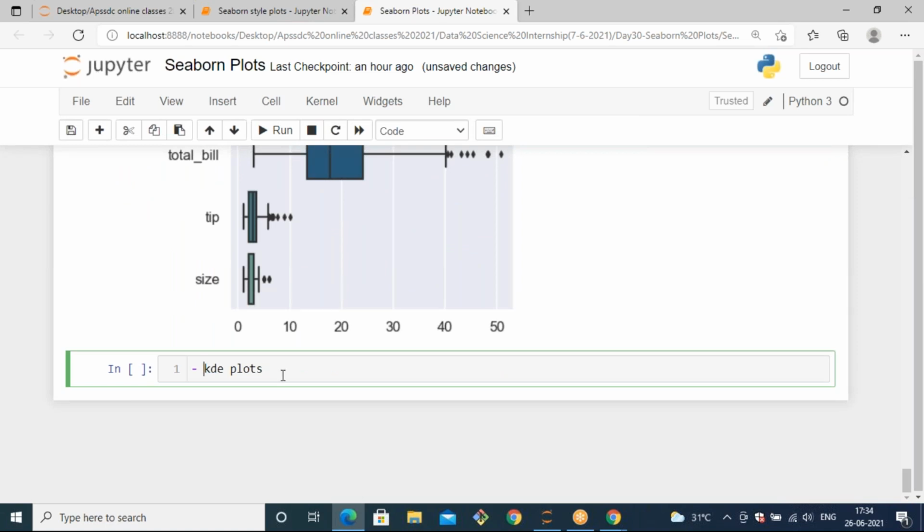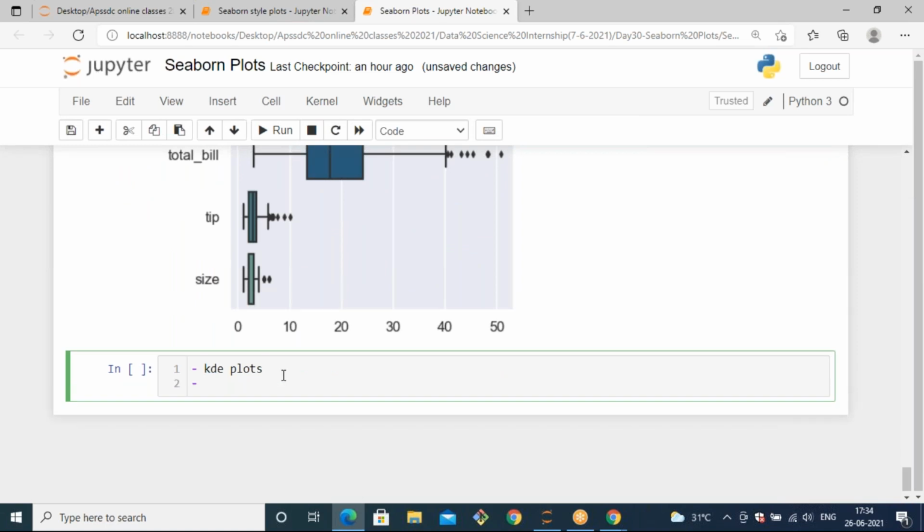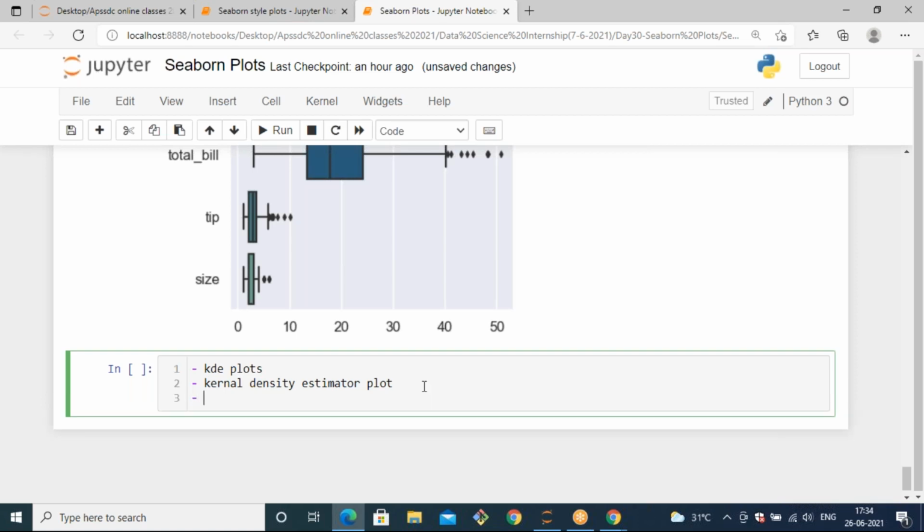Okay, the next plot we have is the KDE plot. KDE means kernel density estimator. Based on the density of the data, it will distribute the data. So by calculating the density, it will distribute the data. Let's see, for importing this KDE, we have the method sns.kdeplot or seaborn.kdeplot.